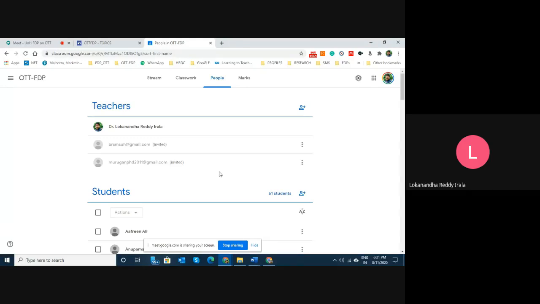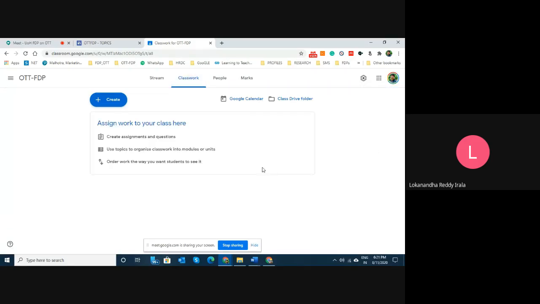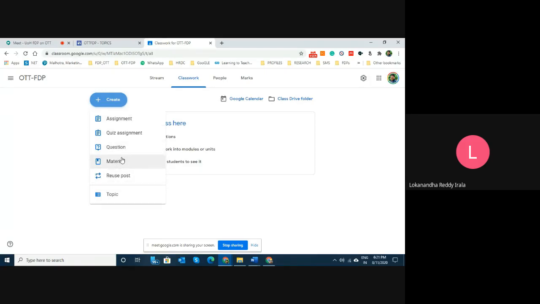Once you set your students in the class, then we'll go to classwork. So in the classwork, what you can actually do is you can create all these things in the classwork. One is you can create some material for the people to actually watch, and you can start a discussion by asking them a question, or simply you can ask them a question so that they will send a response. You can give them an assignment and evaluate. You can give them a quiz and again evaluate, and things like that. And you can also organize your material that you are creating in this class by using topics.